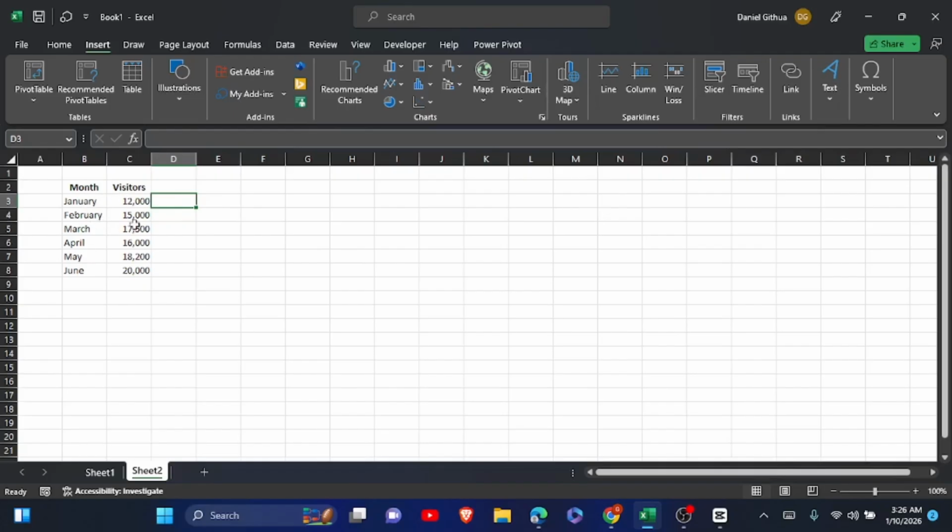We want to see how the trend of visitors from January to June. We want to know which month had the most visitors, which month had the least visitors, and things like that. So the first thing we do is just to highlight our data, include the month and visitors rows, and